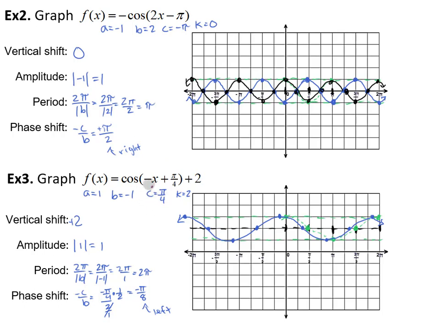Of course, we didn't do the reflection in the end, right? I probably should have done that on my dashed green graph, done the reflection, and then moved those points left and right. So if you do have a reflection, a vertical reflection, do that when you're doing your dashed green 1 cycle. Go ahead and perform your reflection then, and then shift everything left and right and fill in your